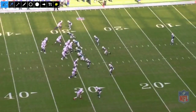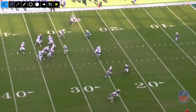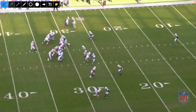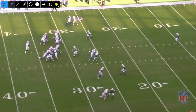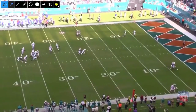Let's take a look at the offensive line, because Teller and Dawkins have trouble in this pass protection as the Dolphins act like they're blitzing, but they're actually spying Allen with that 5th player, Kiko Alonso. And Dawkins and Teller just struggle with their man side of the protection. They're unable to secure those 2 defenders, and Allen is forced to drop his eyes, climb the pocket, and although